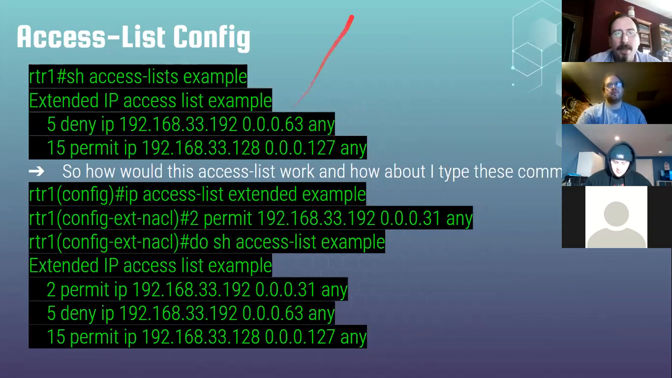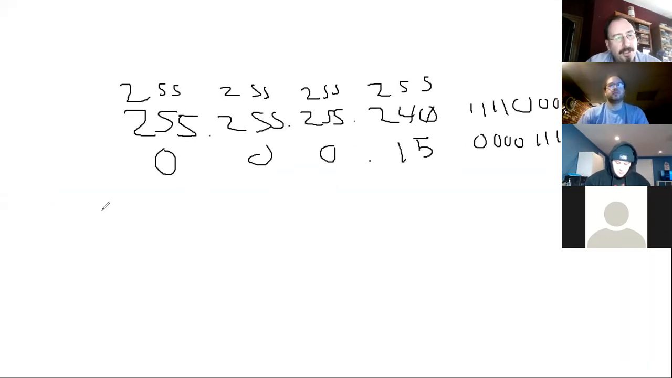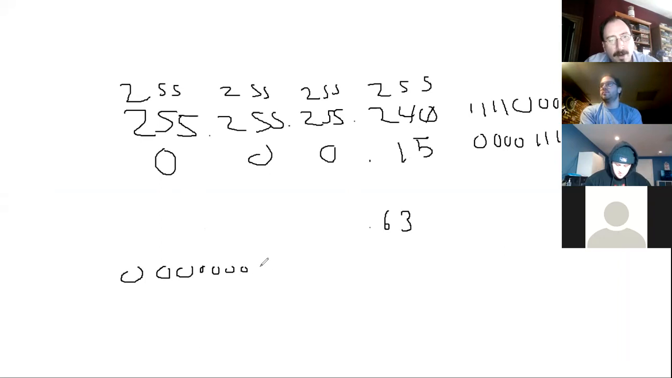Remember, the way this works is, I'm going to bring up my whiteboard again, right? It's just like a mask, right? So it's going to sit there and say, in this case, we had a .63, right? So we have a .63. So what that looks like is we have all zeros, so 0, 0, 0, 0, 0, 0, 0, 0. All right, we're going to repeat that for the second octet. We're going to repeat that for the third octet. And for the last octet, we're going to have 0, 0, 1, 1,